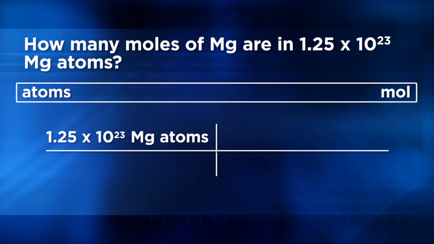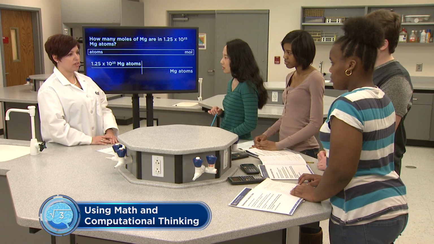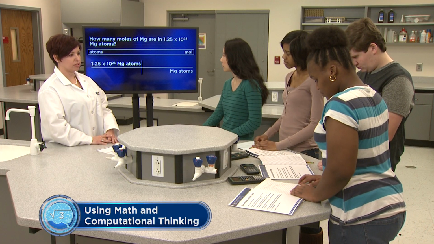And of course, we have to let the units guide the conversion. So our next step is to write the units in the lower right-hand box, and this time they're magnesium atoms. And this is the part where we have to turn an equivalent statement into a conversion factor. But I'm not quite sure where to go from here. Well, I think it's helpful to constantly remind yourself over the course of these problems what it is you're trying to solve for. It will help you if you can reason through it.